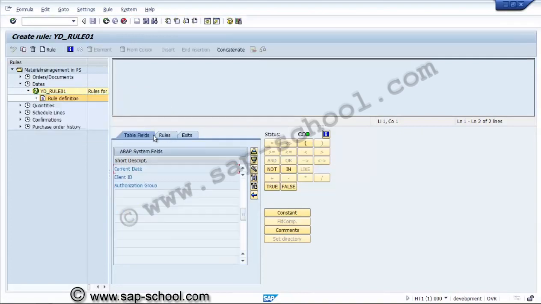We'll see the current date. Now this is the current date we are using.